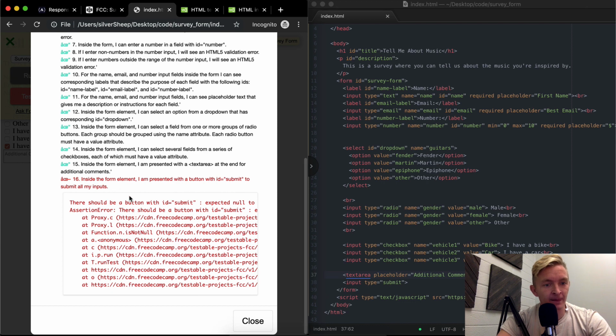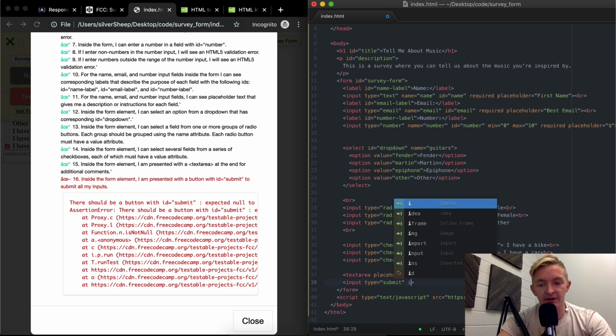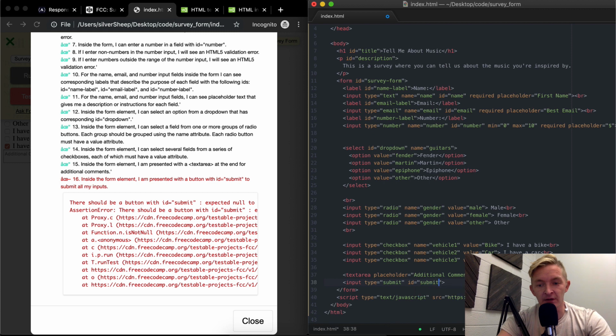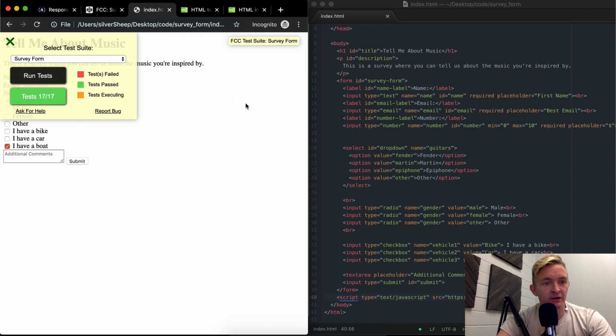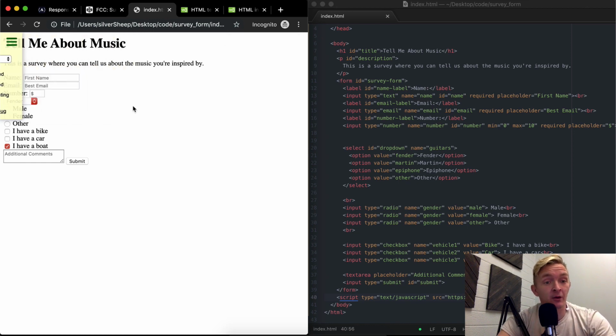Nice. And the last one, inside the form element, I'm presented with a button with an ID submit to submit my things. And even though I had to type it here, I didn't have the ID equal to submit. If I save this and refresh the page, I should have passing tests. Okay, so this fulfills the requirements of this project. However,